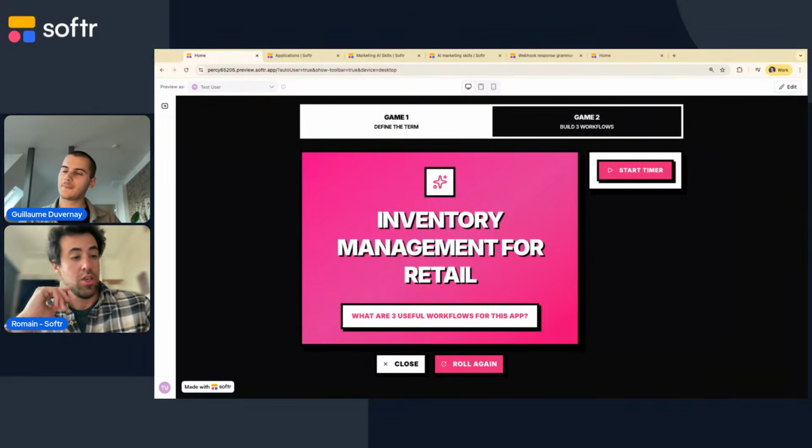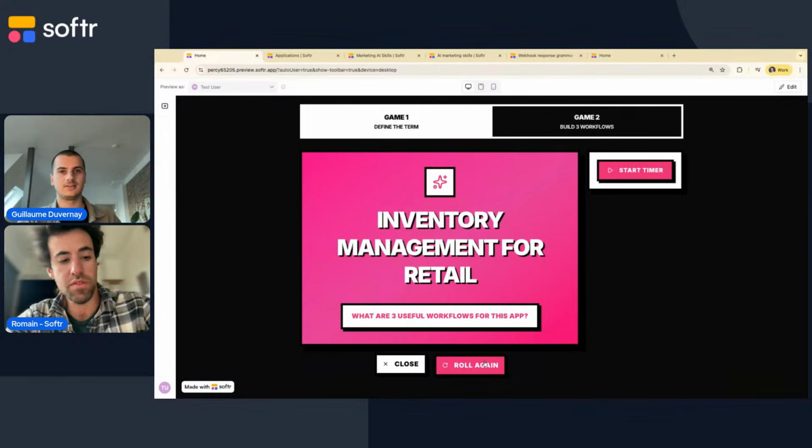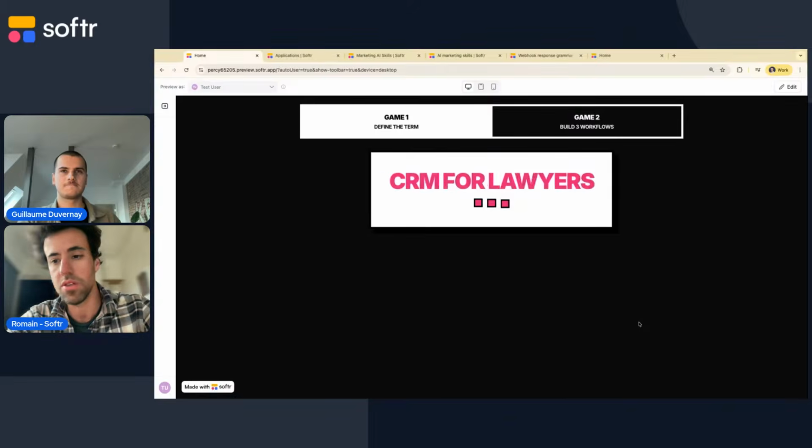I'm trying to think. That's one. Yeah. If the stocks go below a certain threshold that you set for that specific type of products, you could be again notified. It's a lot of notifications in the end, or it could automatically create a purchase request in draft that you can then approve for the dedicated supplier that you've already identified, something like that. Yeah, absolutely. We just released actually the Gmail action to create drafts. Before we only had send email, but it's true that creating draft is something that is also a good way to do human in the loop.